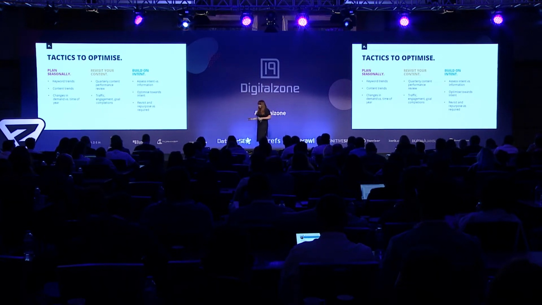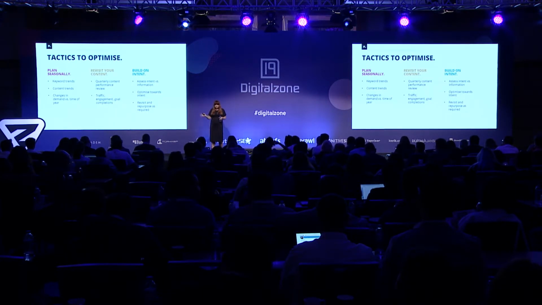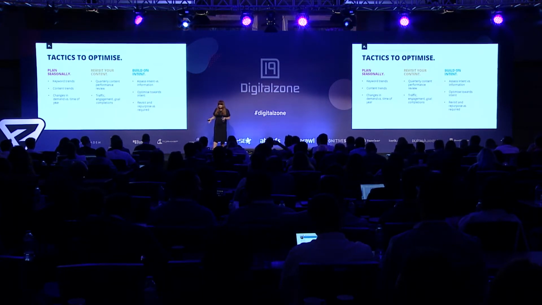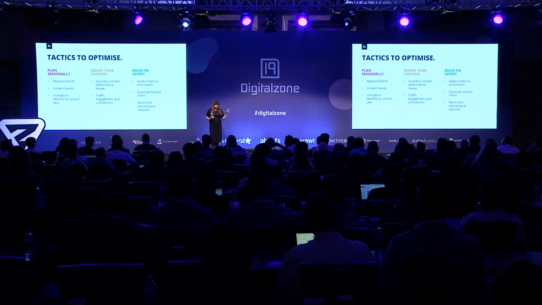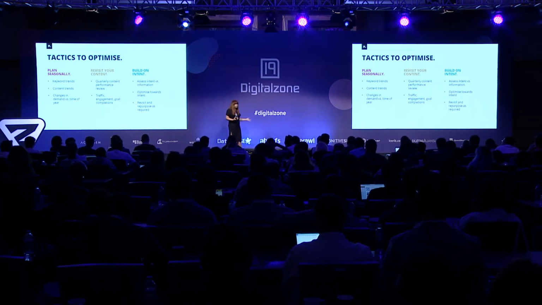And we do that through setting up a lot of goals in analytics to do with our content performance. So we have a lot of scroll depth measures. We have a lot of eye tracking on the site. Anything that we can do that helps give the content a value is what's really going to help drive us forward. And then we build forwards from intent. So we assess the intent of the query against what ranks and then against the information available. That helps us determine that we've updated correctly. And we optimize towards that, and we continually reassess that.